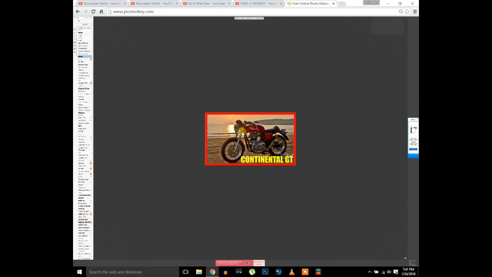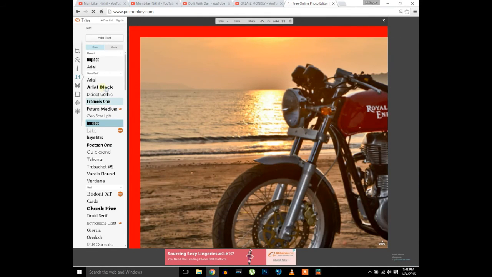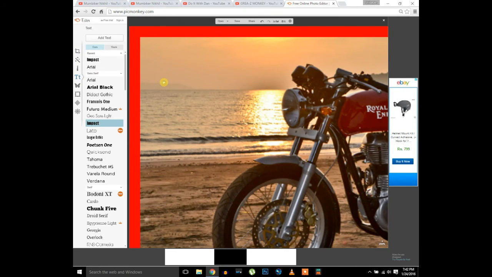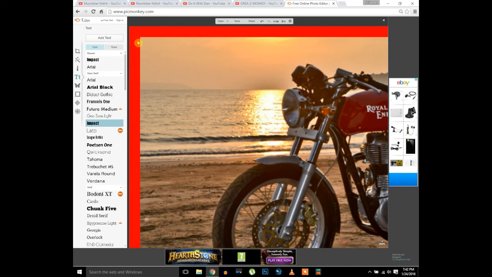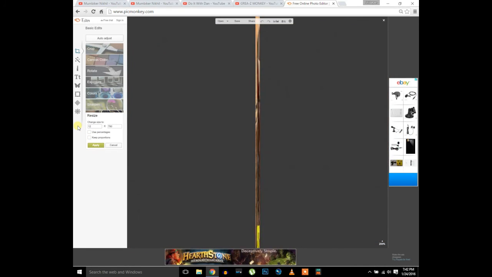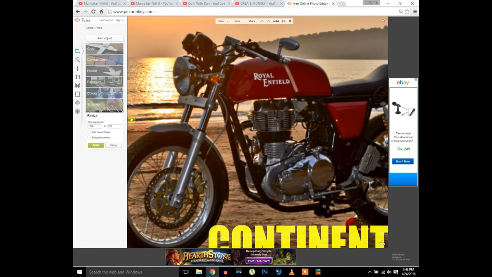So one final step that is left is to resize this image. If you don't understand why we are resizing this image, it's because once we put the borders, the size of the image changed, and we need to resize it. So we're gonna head over to the crop tool again and go over to resize and uncheck keep proportions, and then we are gonna put in 1280 by 720